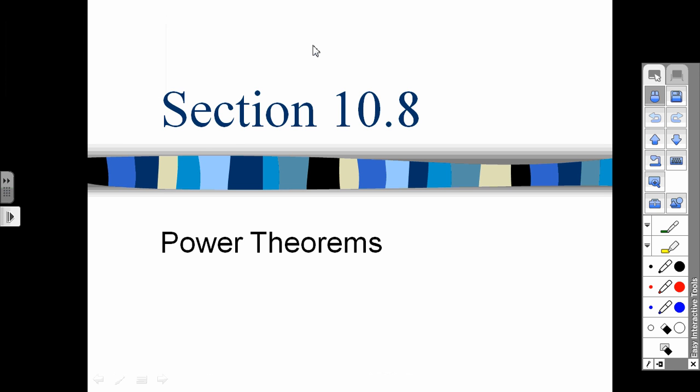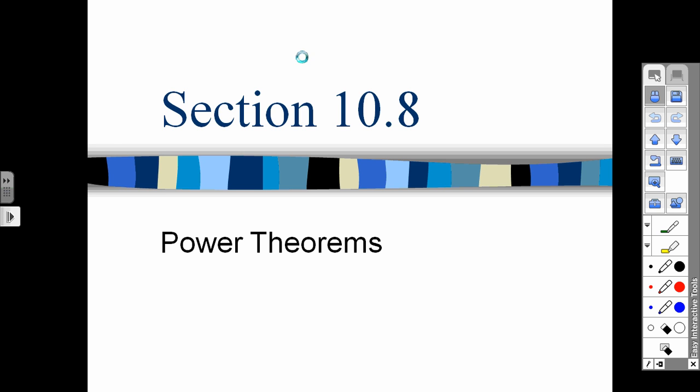So section 10.8, we are going to talk about the power theorems. These are going to be three theorems that we're going to look at. They're basically three formulas looking at the relationship in the segments that you get with chords and secants and tangents. So they're going to seem very familiar. We had the same situation with the angle-arc relationships and those formulas, but now we're going to be dealing with